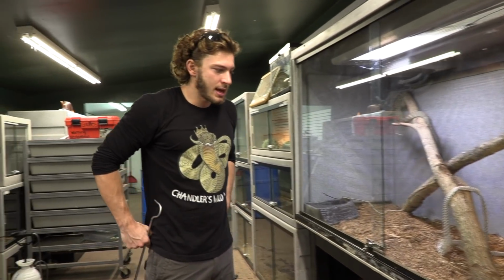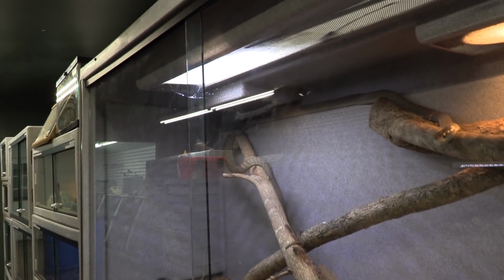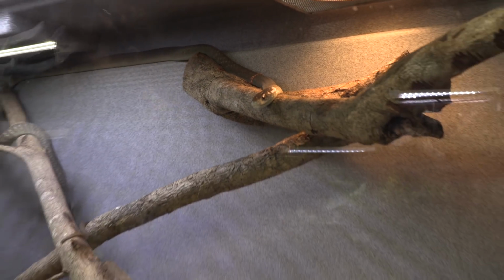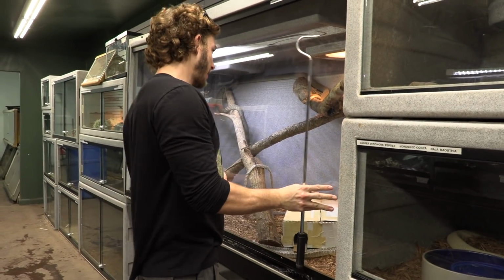Alright guys, next we're going to be dealing with Allison the black mamba, and as you can see she shed and she's looking super light in coloration. She looks beautiful. One big complete shed, so that's really good news. And she's just hanging out there, so I think what I'm going to do is unlock her enclosure and open it up a little bit and see if I can pull the shed out this way